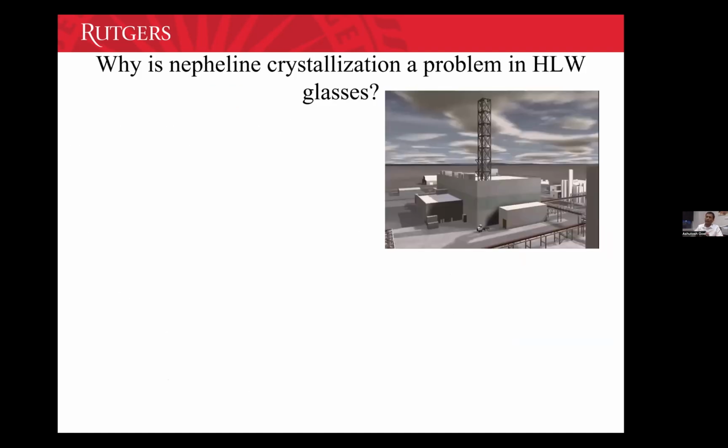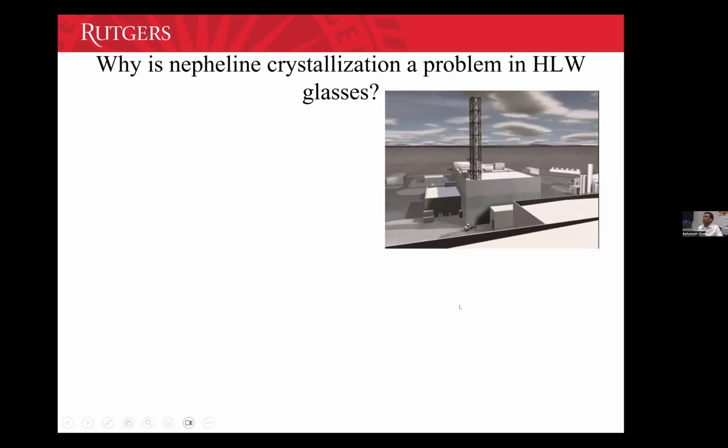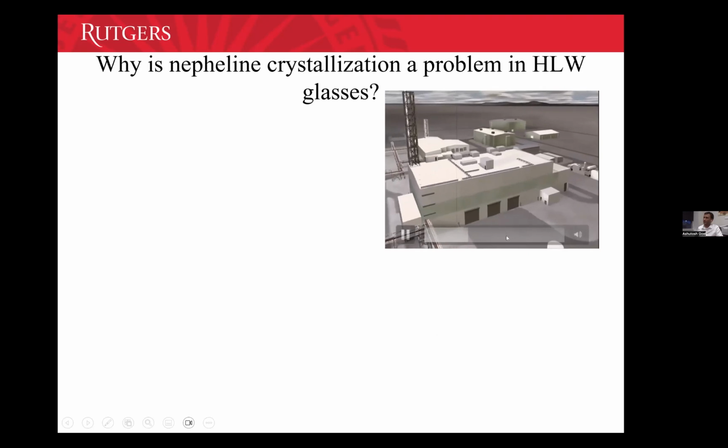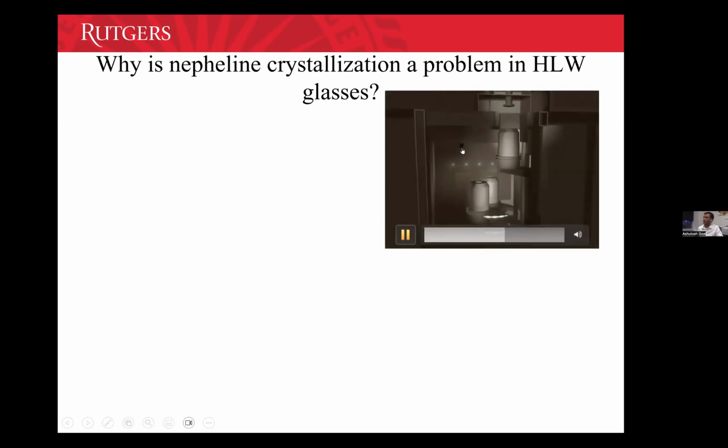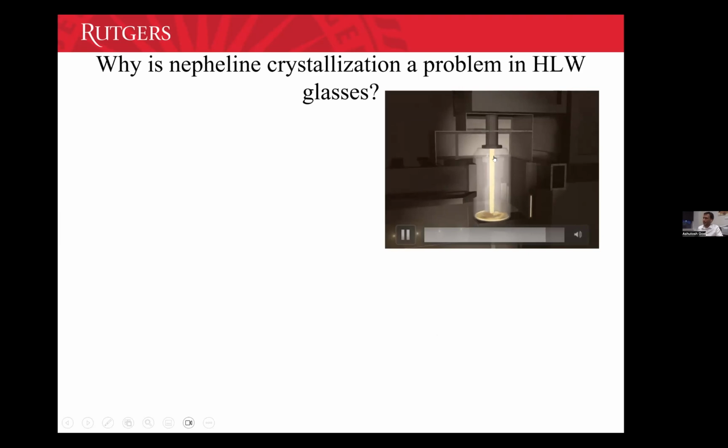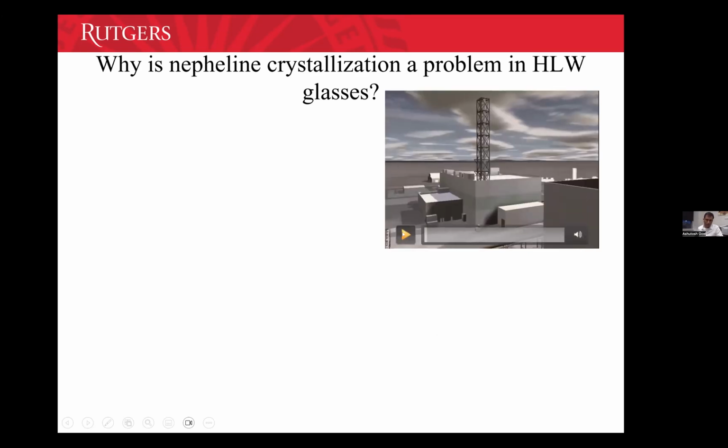Now that was inside the melter, right? Now imagine you have melted the glass, and there was no idling situation. We formed the melt, and now the glass melt is ready to come out of the melter, and we are going to put it into a steel canister. So when we put this melt into a steel canister, there you go. There's a steel canister, and there comes the melt, and you can see the steel canister is filling up, right? As the canister fills up, the very first layer of the glass melt at the bottom will be in touch with the steel.